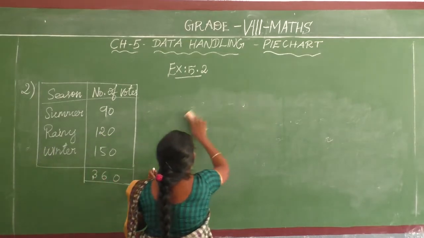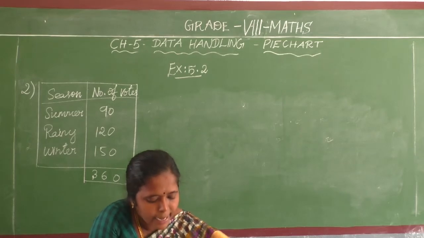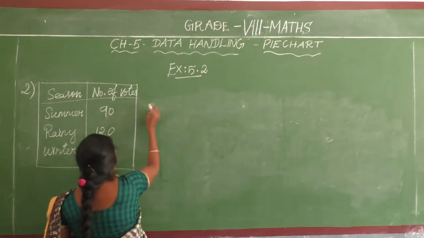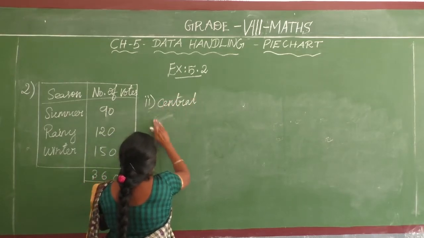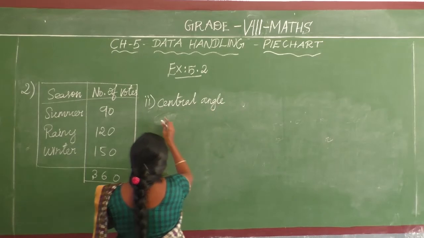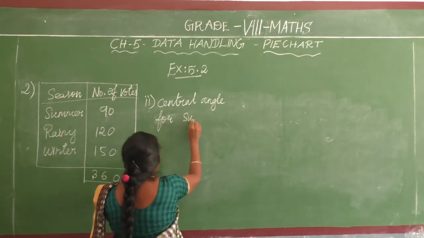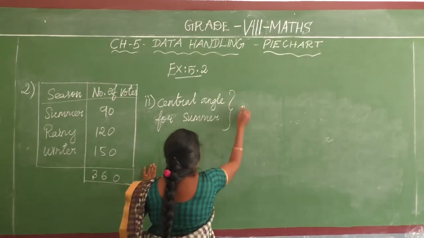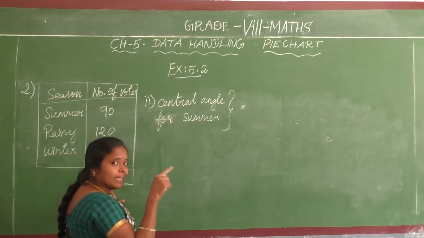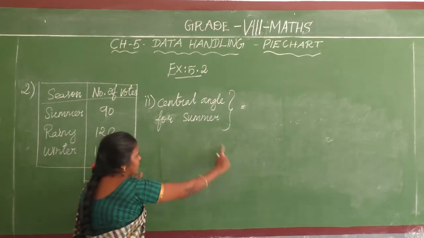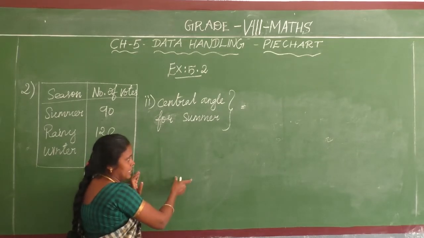How does it come? Second question, they are telling to find the central angle of each sector. So here it says, central angle of each sector. That means the central angle for the summer season. What formula? Sector value by sum of the sector values into 360 degrees. Clear? Because the central angle of the whole circle is 360 degrees. Each sector is a fraction